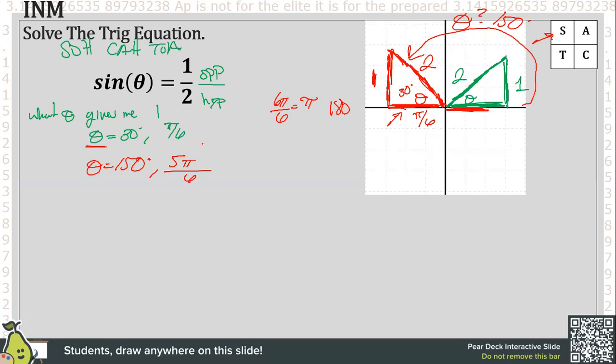Okay. So my question to you is, okay, we found this other triangle. Now, are these the entire solutions? Is this all the solutions for this when sine equals 1/2? Is that all the angles, 30 degrees and 150 degrees? Well, I'll let that sink in, but I want you to think about the concept of the unit circle, the